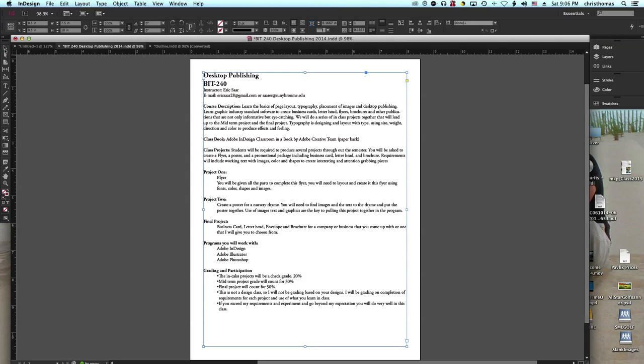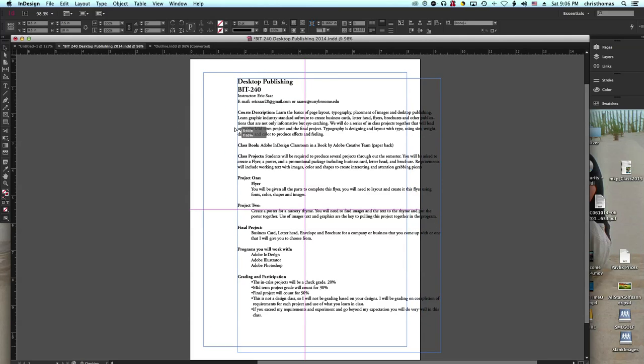Here is the Move tool, and if you actually just move your Selection tool or the Move tool, notice this says Selection tool and then in parentheses V. V is for the Move tool. It's universal. It is the keyboard shortcut on almost every Adobe program out there. Illustrator, InDesign, Photoshop. If you hit the V on the keyboard, that will take you to that tool. And the V tool, or the Move Tool Selection tool, allows you to click on anything and then move it. Okay, so if I grab this text,